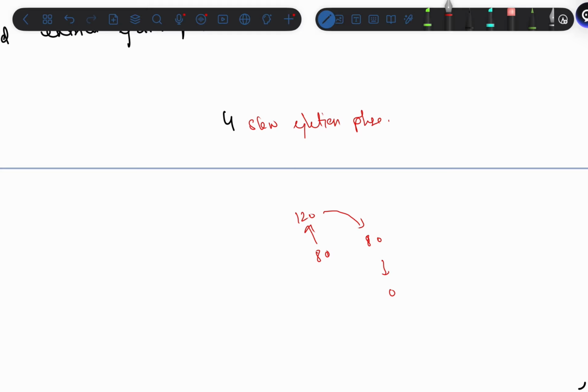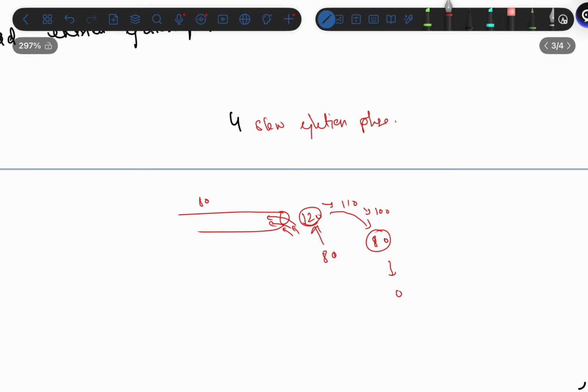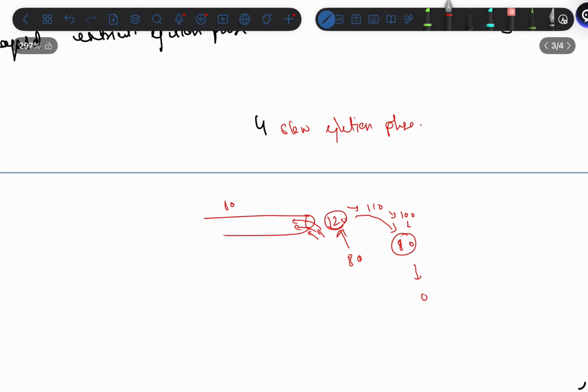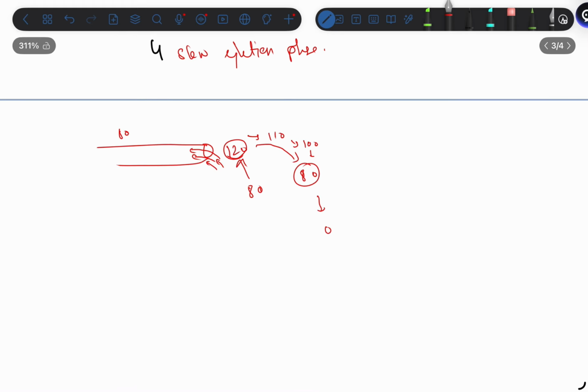So the slow ejection phase is from 120 to 80, because the pressure in the aorta is only 80. When the pressure goes from 120 to 110, the blood goes slowly, and then from 110 to 100, a little bit more slowly, and then slower still. Okay, and then when the pressure in the ventricle reaches 80,